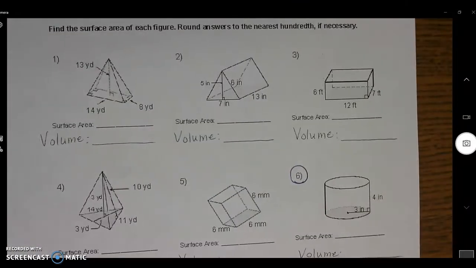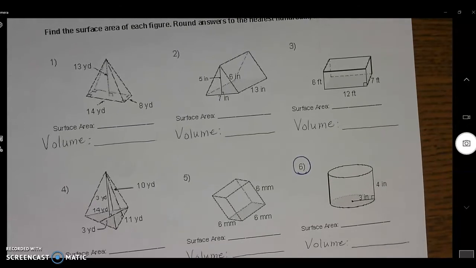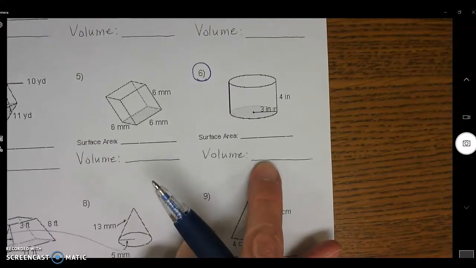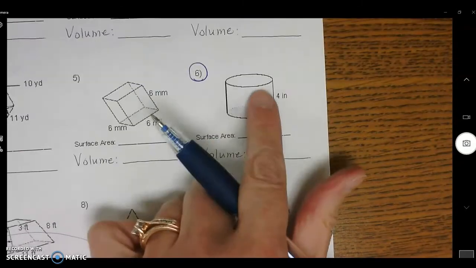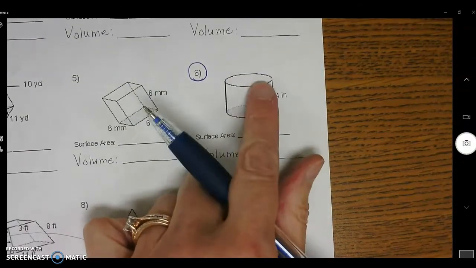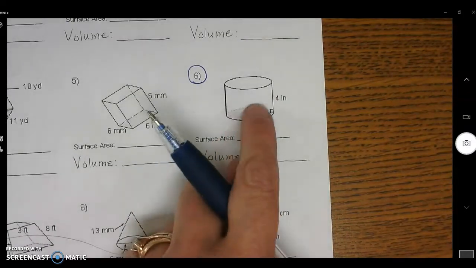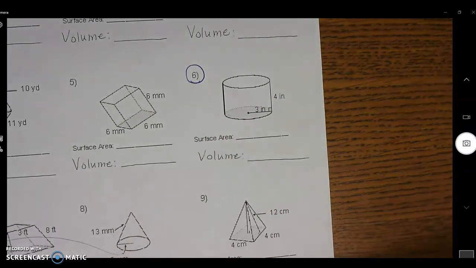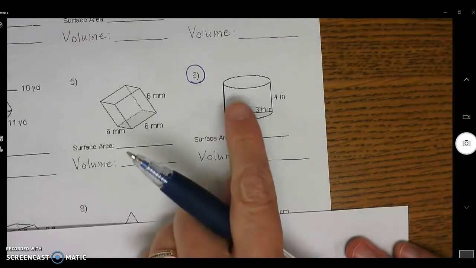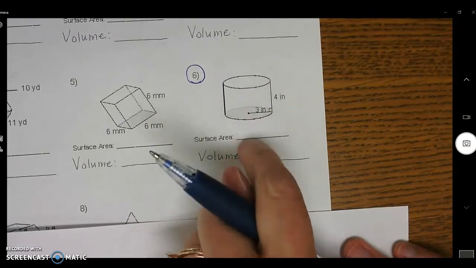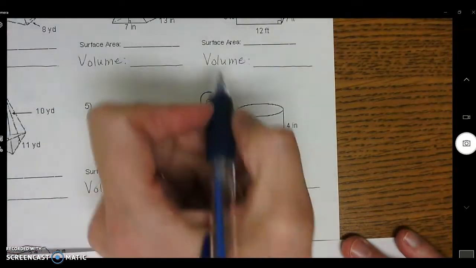All right, on the other side, we're going to do number 6 right over here. We're recalling how to do surface area. Surface area is like painting the outside of this can, and then volume would be like filling this up. So let's do surface area first. So I need to paint 2 circles. So if I paint 2 circles,